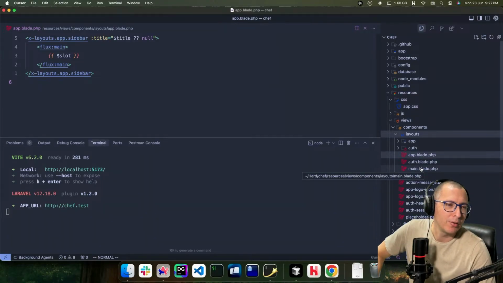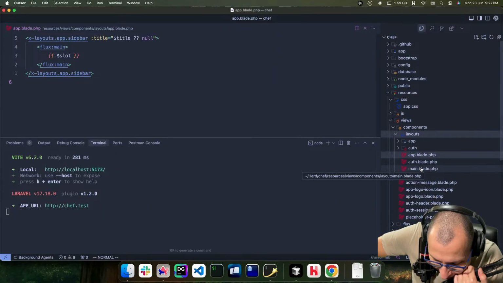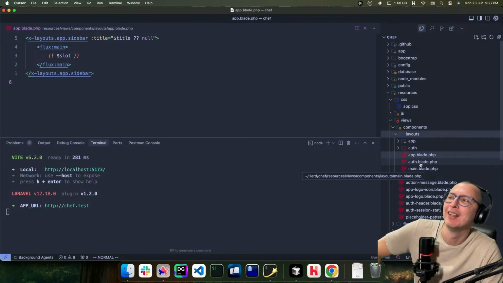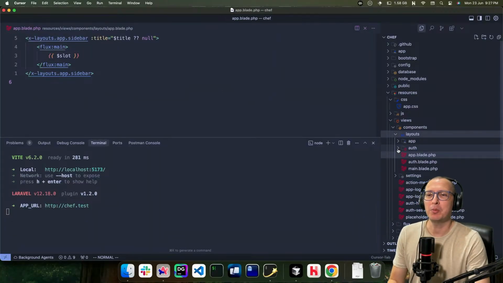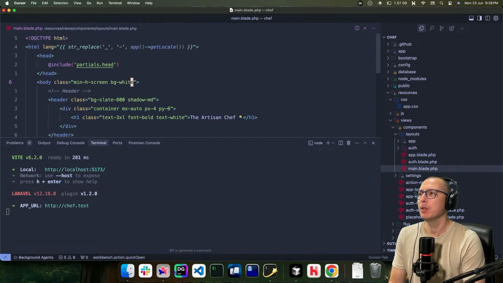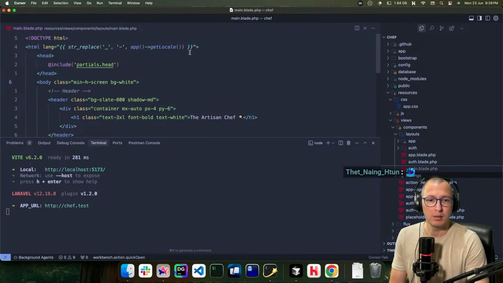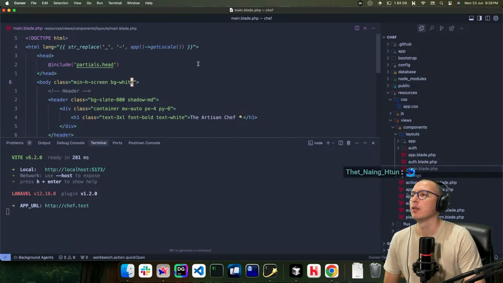I'm removing it in the wrong place. I'm working on app.blade.php. No, I'm in the right place. What the crap? This is main. Nothing there.